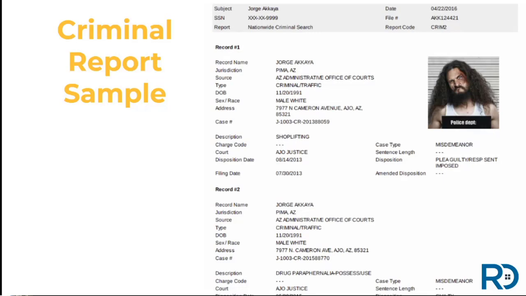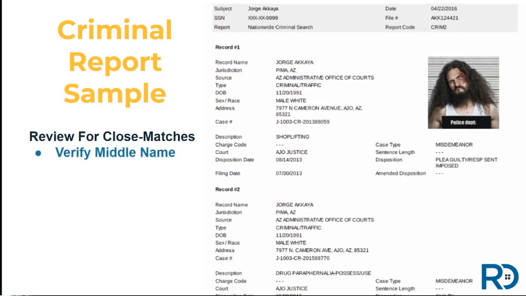Rather, criminal records are tied to a name, date of birth, and an address. Because of this, reports have been known to display similar matches, meaning your applicant's criminal search may return a report with data that is actually about someone else. This is to be expected with individuals with common names, such as John Smith, or with applicants that don't provide a middle name to you on their application, as there may be literally hundreds of John Smiths with similar